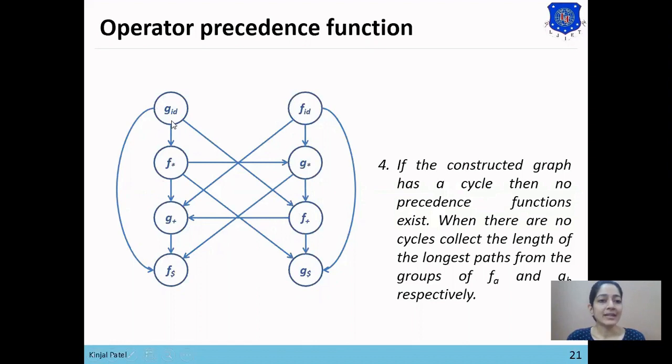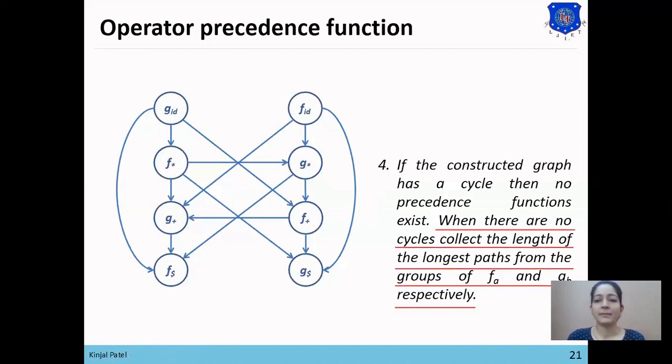Now it is not necessary that if you are finding g of id, then your final state will be g of dollar only. It can be f of dollar or g of dollar for both the groups. As our final symbols are f of dollar and g of dollar. Why? Because there are no outer edges in f dollar and g dollar.